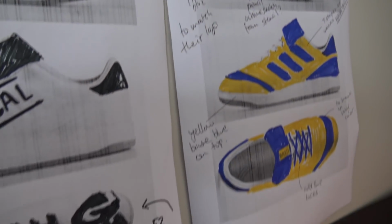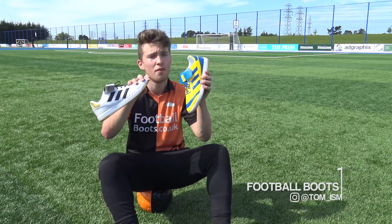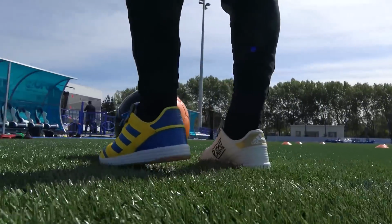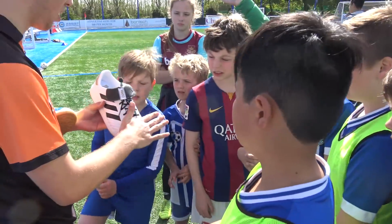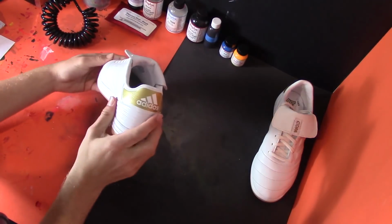The Wembley Cup is coming up and it is #United vs Tickerstown, so it was only fair that we created some custom shoes for each team. You're going to get to see the whole process of them being made, you're going to get to see them out here on the pitch, and you're going to get to see some kids' reactions to them, so let's get into it. So here we are guys, back in the custom corner, and it is time to get started on